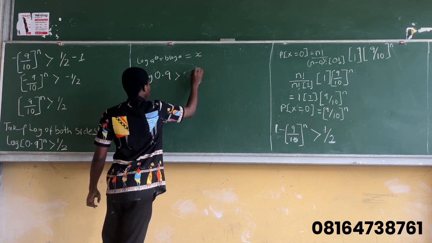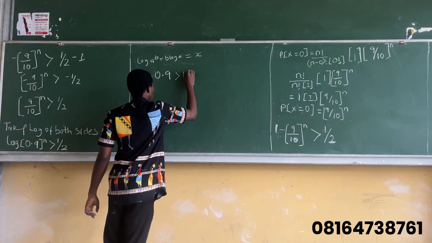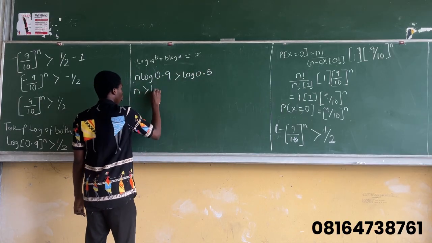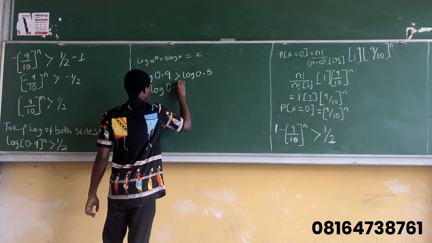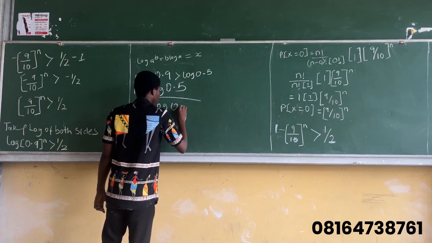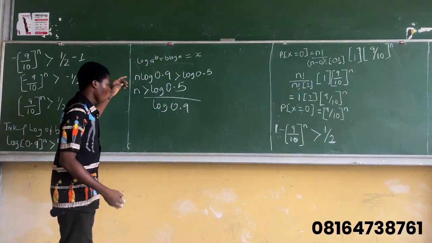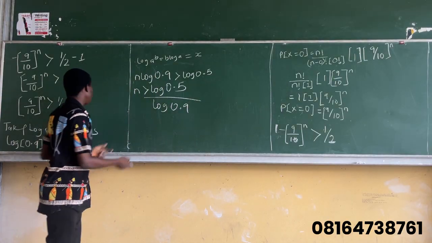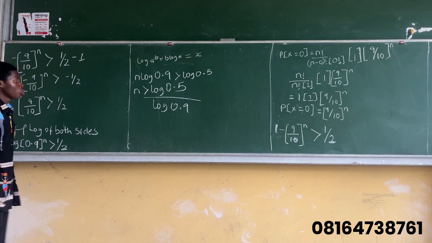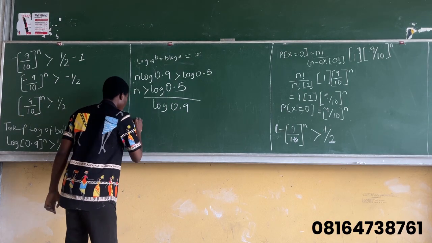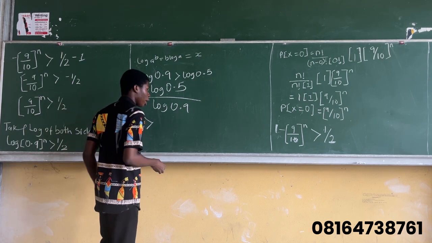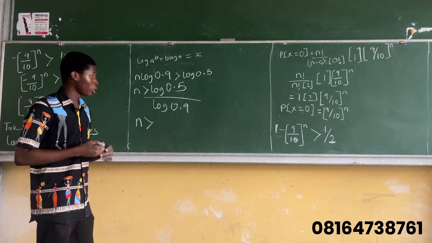So n, okay, we didn't do this. We did not take the log of this side. So this log 0.5. So this is n log 0.5 divided all through by log 0.9. So you can see we have been able to make n the subject of the formula from this point by taking the log of both sides. So if we work this out, and log 0.5 divided by log 0.9, if we work that out, we'll be getting